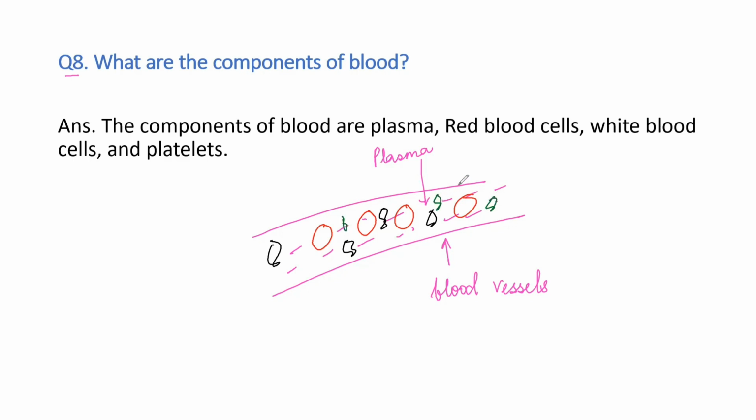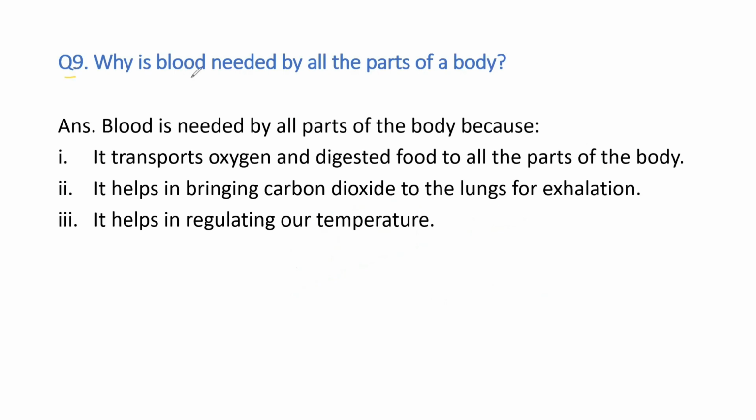Okay, so these are the different components of blood: plasma, red blood cells, white blood cells, and platelets. Question number 9. Why is blood needed by all the parts of the body? So let's look at this answer. Blood is needed by all the parts of the body because it transports oxygen and digested food to all the